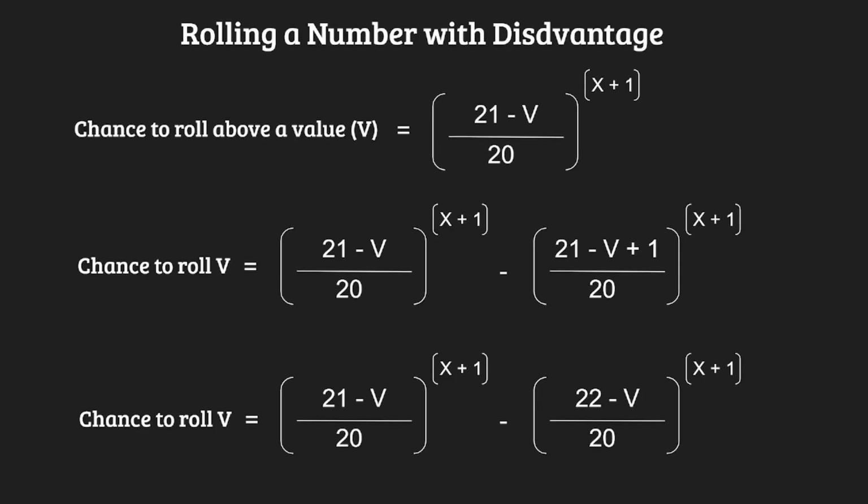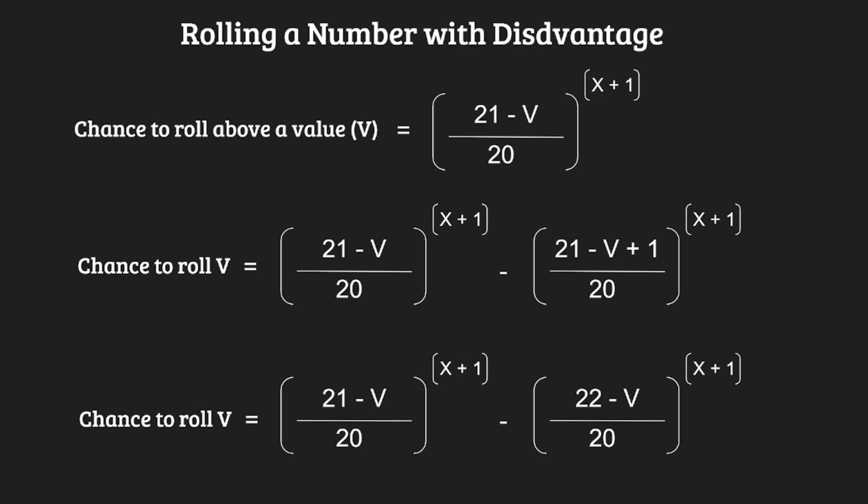Okay, so what about rolling a number with disadvantage? In this case, we're working off the equations from the last video, but instead of doing the 21 plus attack minus defense, I'm going to use the letter V to talk about the chance to roll a value V, or to roll above that value. I'm not using n for number because I used n for sides before, but you could use n for number if you want here. And so we're using these equations for disadvantage,